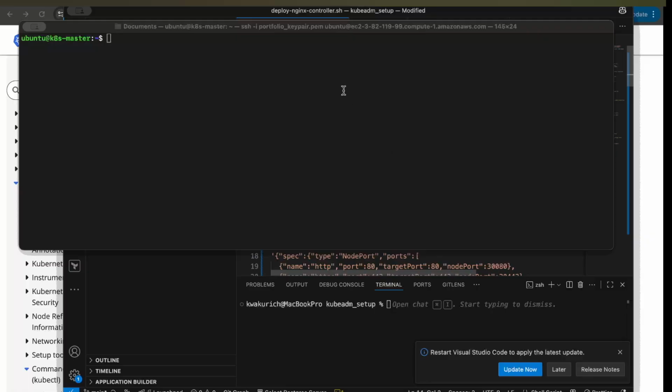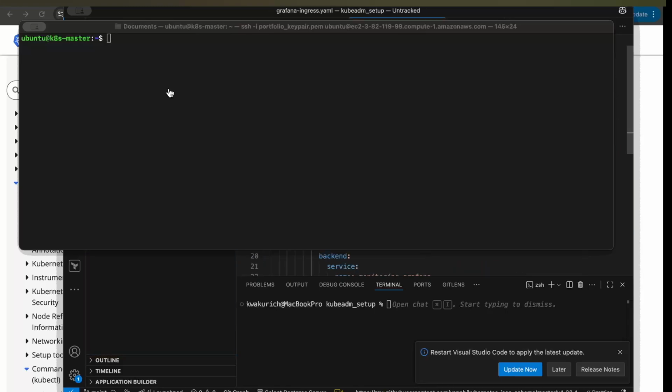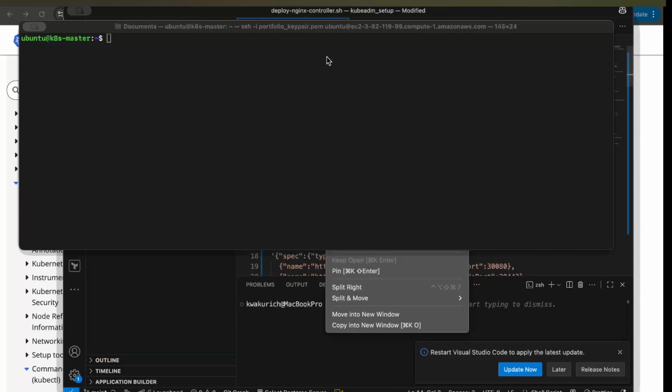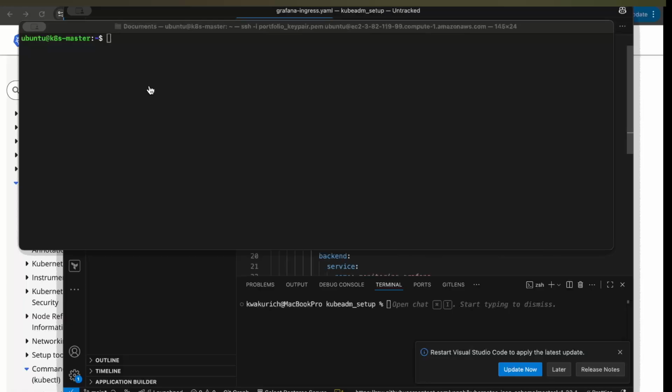Now that we have done all that, we need to go back to the Grafana. Let me close all this one so we have focus on one file. So we need to go back to installing Grafana ingress. So we need to set up this Grafana ingress for our system. So now create Grafana ingress,